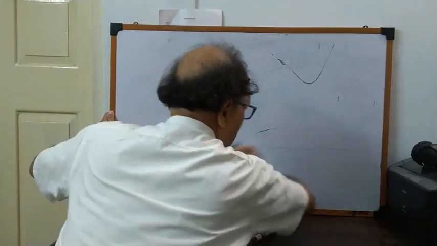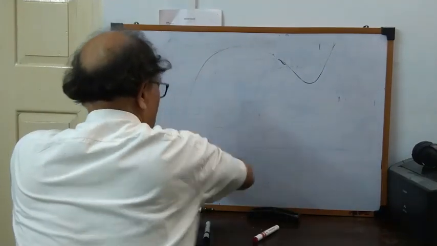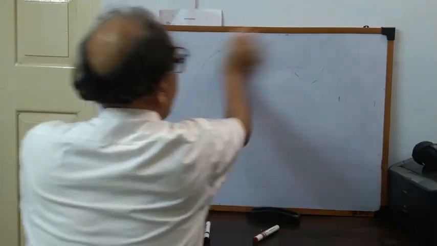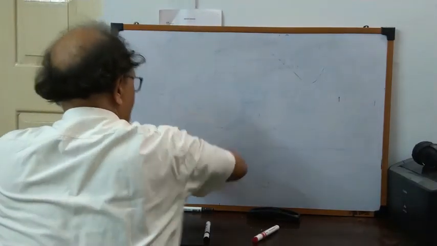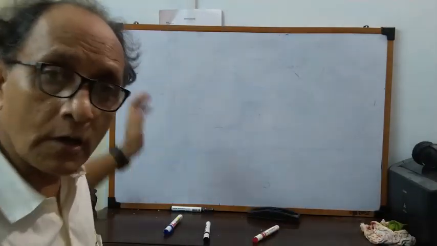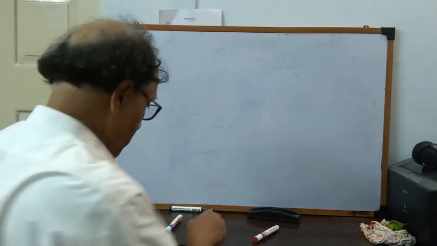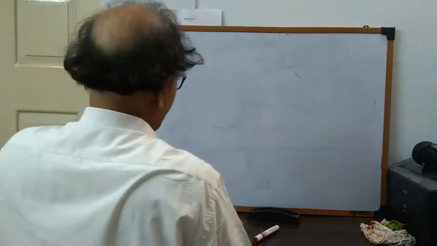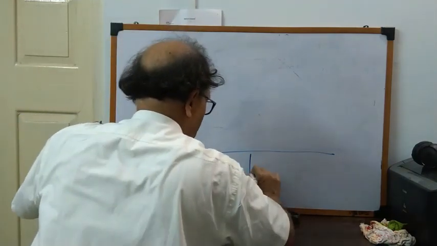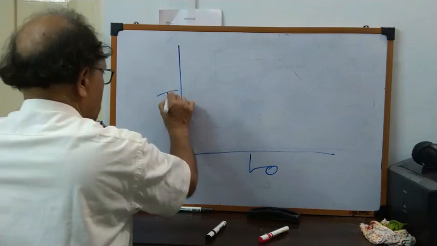Instead of such a complex diagram, let me summarize the whole thing I have taught till now in a simplified diagram, and let us see whether you agree with me or not. So if I draw a simple diagram, this is L0, this is tension,